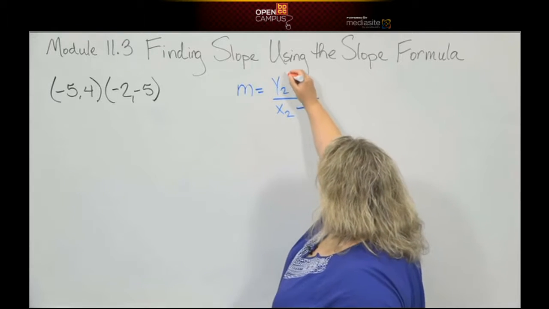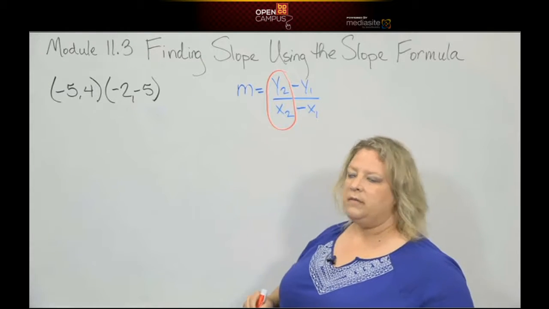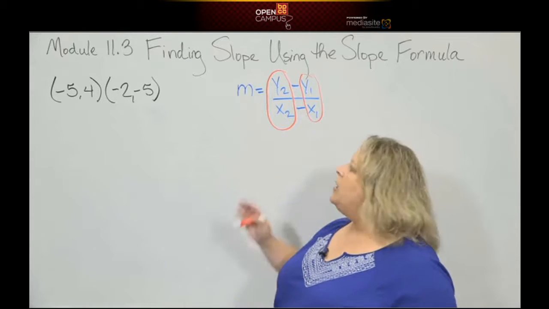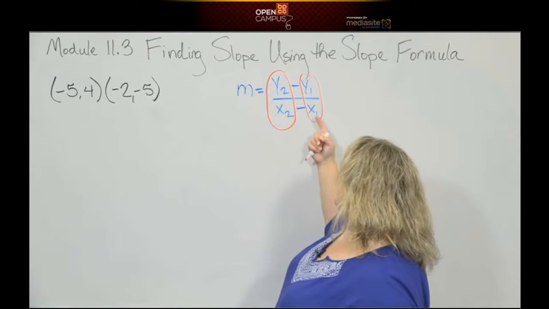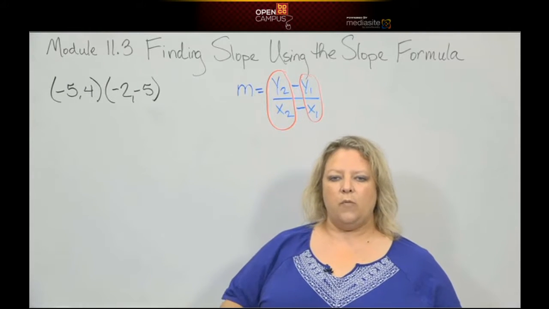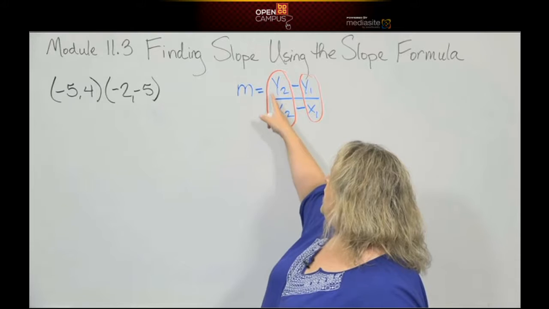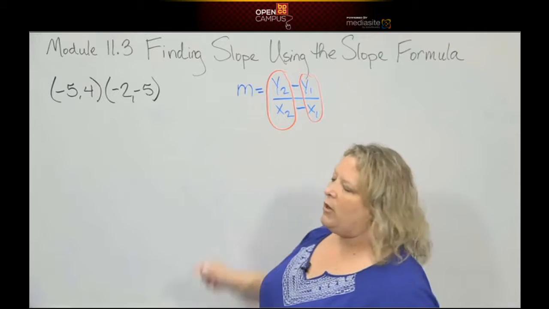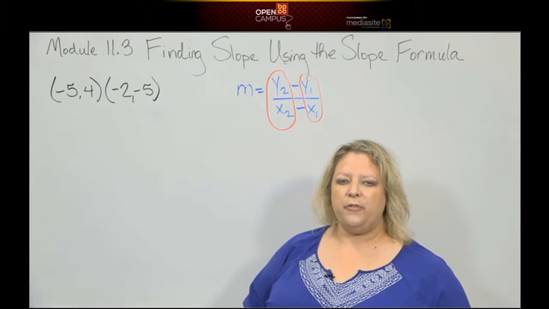Emphasizing, you have y2 and x2 here. Notice that's an ordered pair. You have y1 and x1 here. Notice that is an ordered pair. This ordered pair is lined up under each other, and this ordered pair is lined up under each other. It does not matter when I plug these in, it doesn't matter who is x1 and y1, who is x2 and y2, as long as your x2 and your y2 are lined up under each other like a fraction, and your x1 and your y1 are lined up under each other as a fraction. Okay? If I have time, I'm going to try to work it out both ways so that you can see